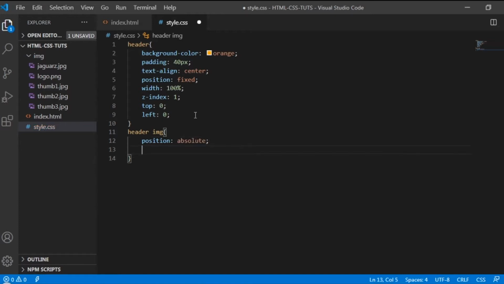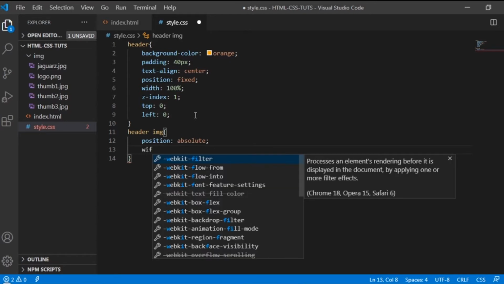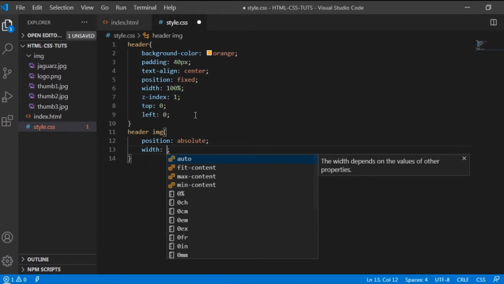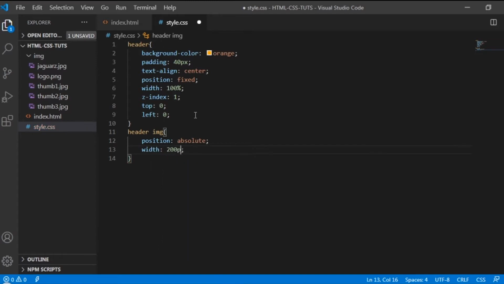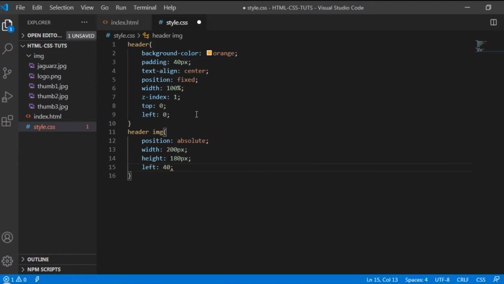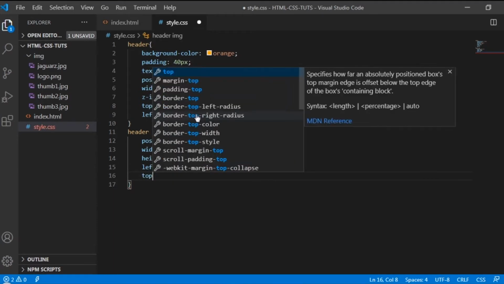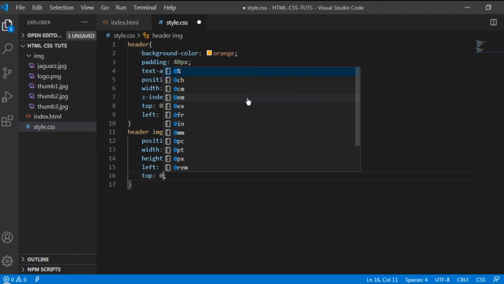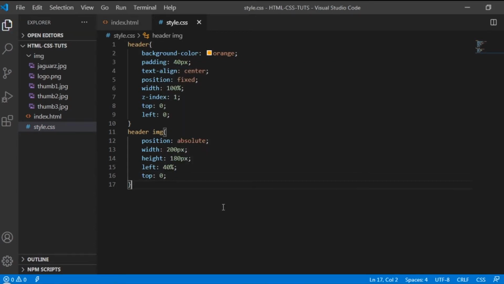Then the width of our logo, let's say 200 pixels, and then the height is 180 pixels. And then left, let's say left is 40%, and top is 0 pixels. Let's save this one and preview it in the browser.